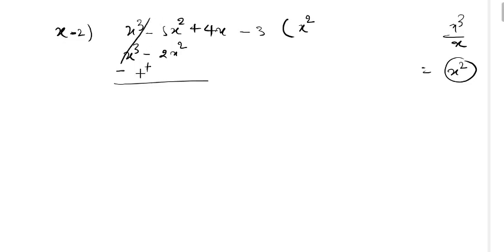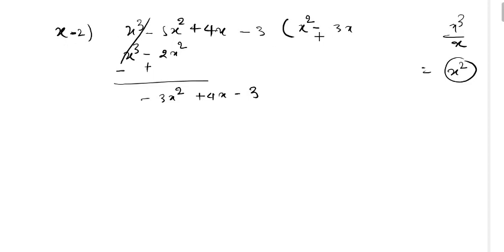So we can cancel out this x cube and minus x cube. Here the minus value is more, so the minus sign will be there, and there will be minus 3x square, and the remaining terms we can bring down here. Now this polynomial has become the next dividend, and this minus 3x square is the new first term, and we will divide by x. How many times? It becomes minus 3x.